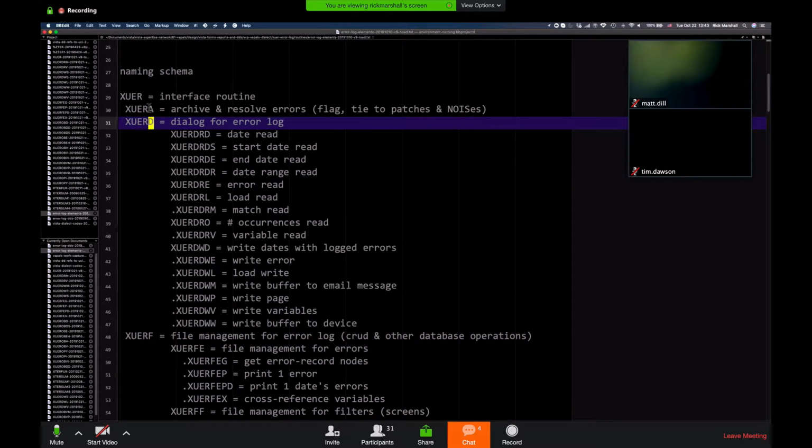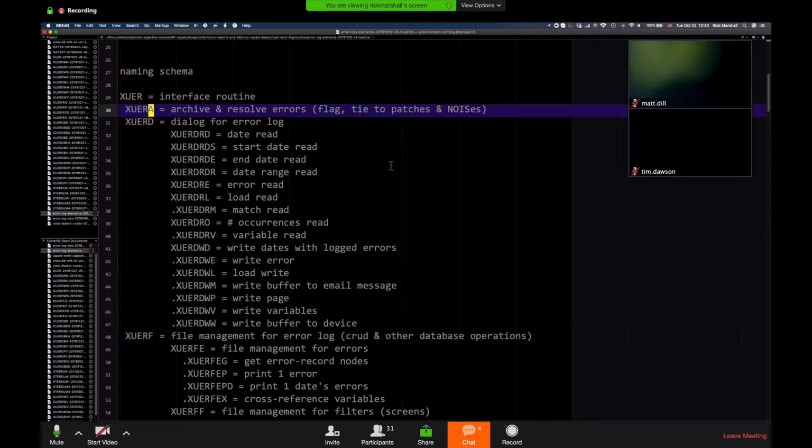And one of the big innovations that I have going forward for modernizing the error log is I want the ability to flag errors as the error that I'm currently troubleshooting and trying to fix. And while it's flagged, other people know that I'm working on it. And I'd like it to be the case that if I come out with a patch, the patch can be tied to the error so that when you install the patch, it finds that the error has been resolved. It deletes all excess copies but one and saves that off in an archive file and shows that, okay, that